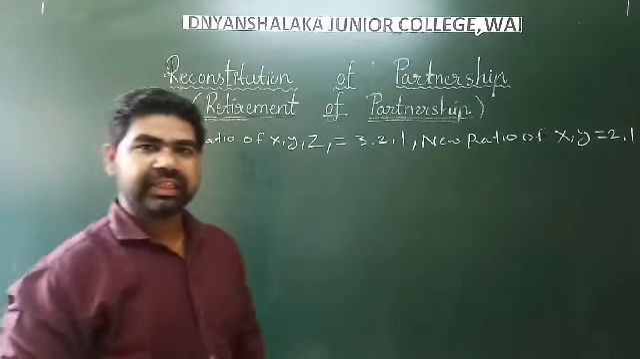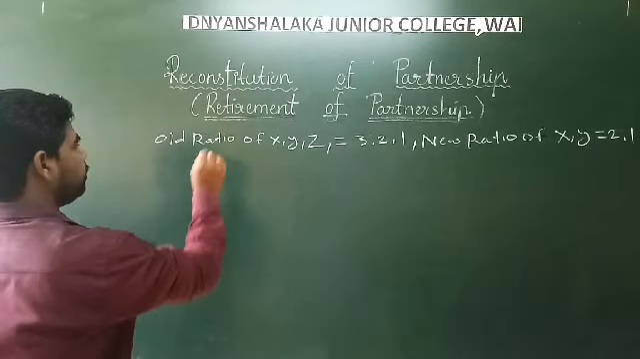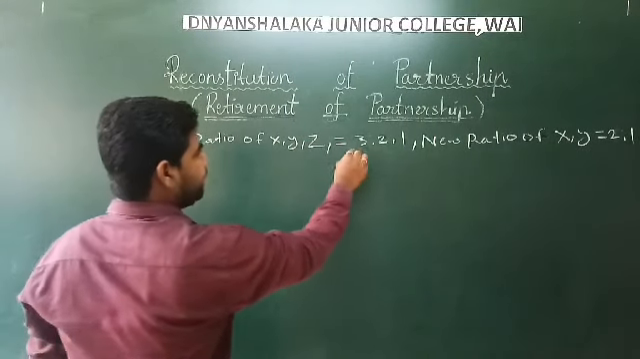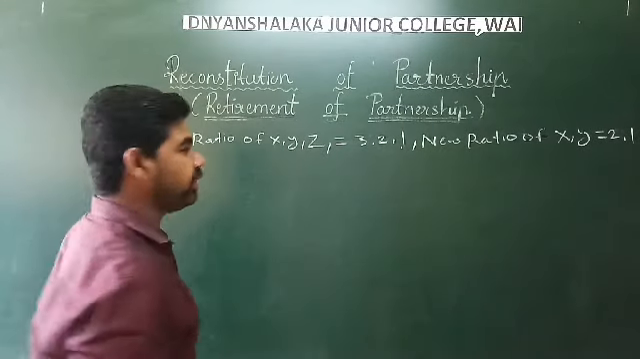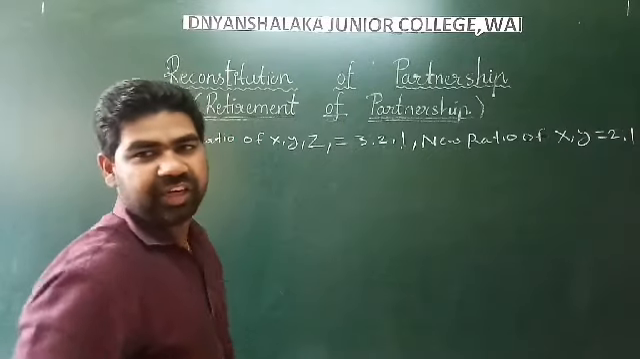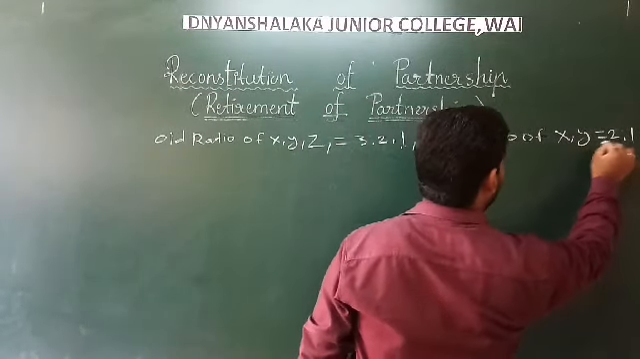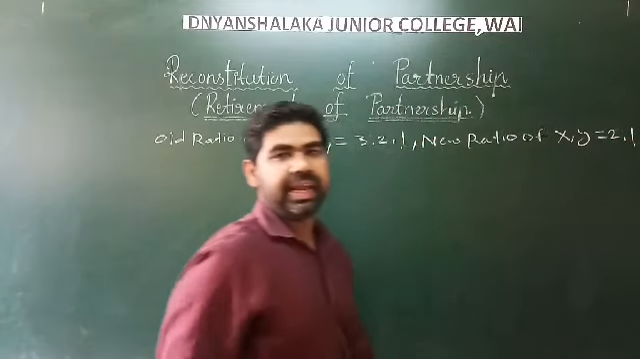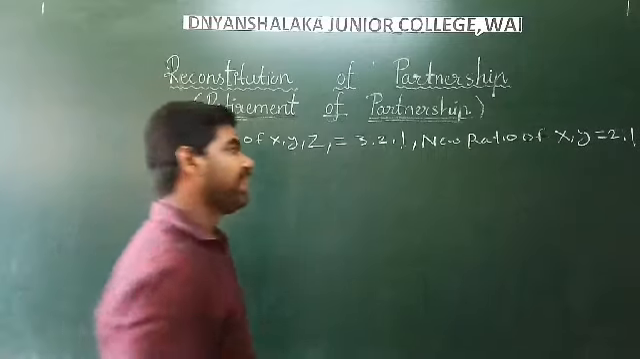Now take one another example. Now what, how to calculate the gain ratio? So now what happens, what is your old ratio, 3:2:1, X, Y and Z three partners are there, and what is the old ratio, 3:2:1. Okay. And what additional information is given, the new ratio of X and Y is 2:1. समझ रहे हैं। Now what happens in this question, old ratio is given and directly new ratio is also given,